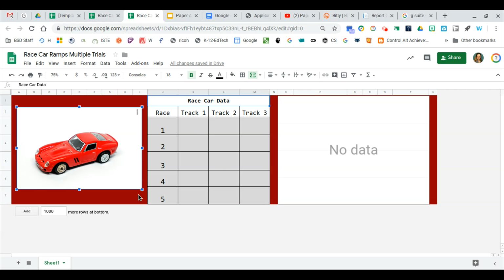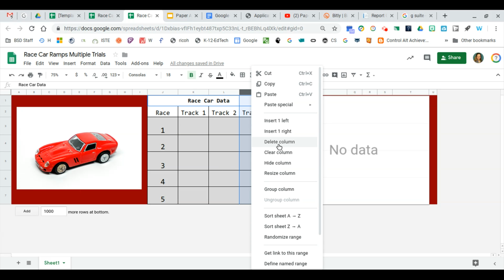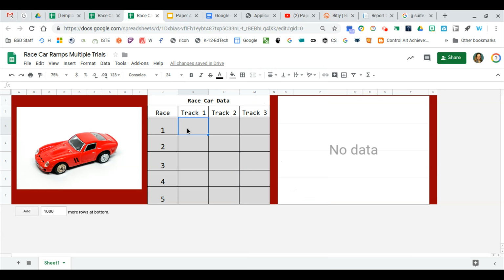So now I have my image, I've got my data, and I'm going to keep this information the same for the moment. If you want to change any of that, you can just highlight cells. You can right click on them. You could delete a column, or you could insert a column if you're going to want more data. So let's say the kids set up a ramp, and I guess if it's a ramp, I will just change the name of that. So they have their first ramp set up, and they put the car on the top,